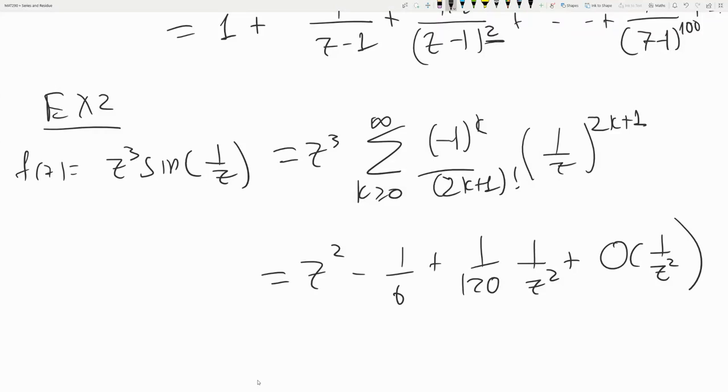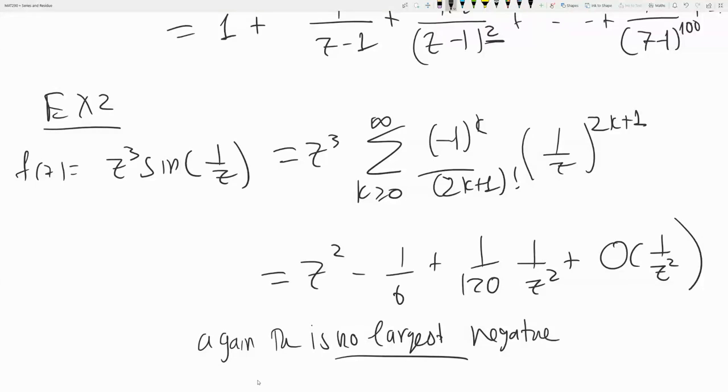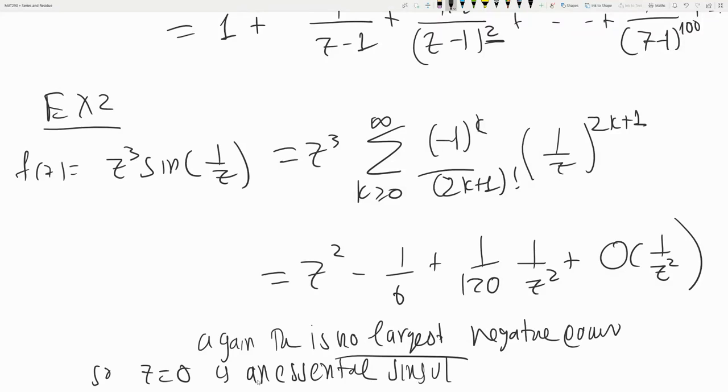So again, there is no largest negative power. Okay, so z equals 0 is an essential singularity for f. Okay, good. So that's it for